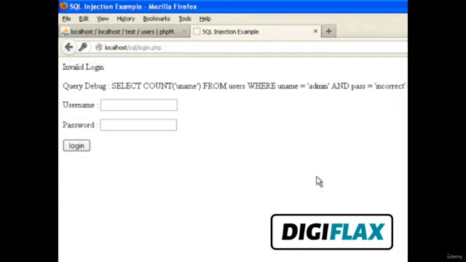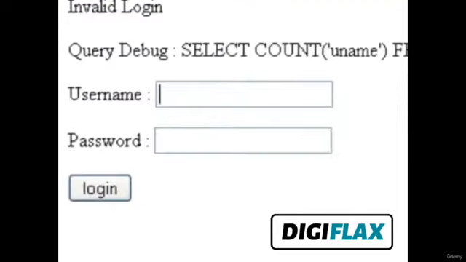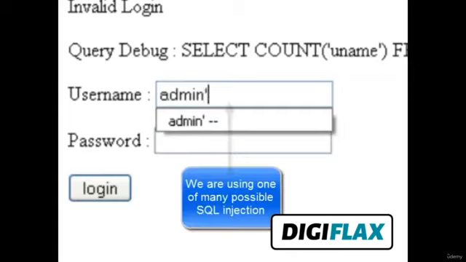Let's move forward. Now let me do a trick for you so that you will come to know what SQL injection is. Instead of giving a correct username, I am typing admin, quote, space, 2 hyphens and space.